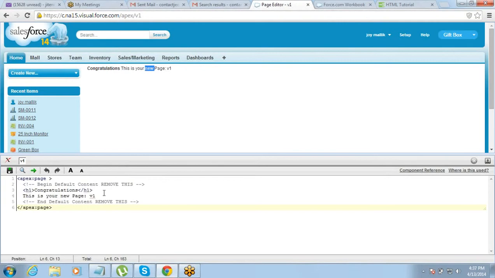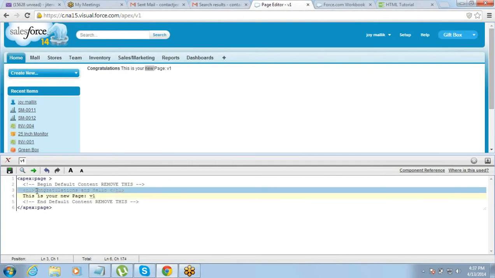Now, whatever you want, congratulations and hello. Whatever you want to put here, just put your content in the editor, and that will reflect on the actual page. And click on save. If you want to do a line break, see, H1 is an HTML tag.